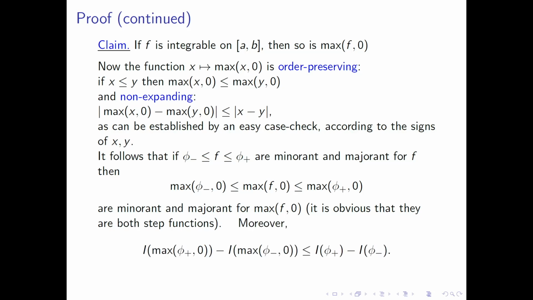Okay, so what I really need is that the difference of the integrals of this new majorant and this new minorant is at most the difference of the integrals of phi plus and phi minus. And what we'll see, I mean, you might be able to just see that, but really what we're going to be using is the non-expanding nature of this function, max of x and 0. Okay, so let me just put a little bit of flesh on this by writing down a full